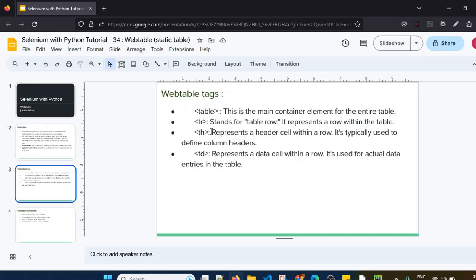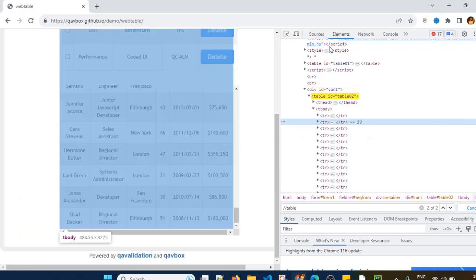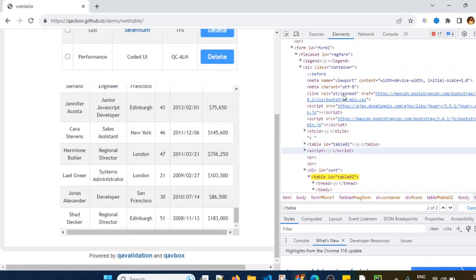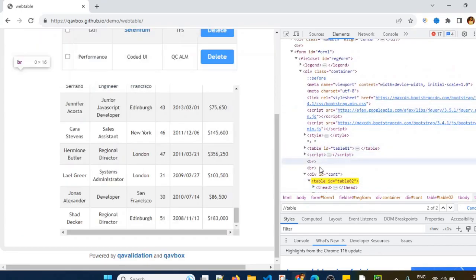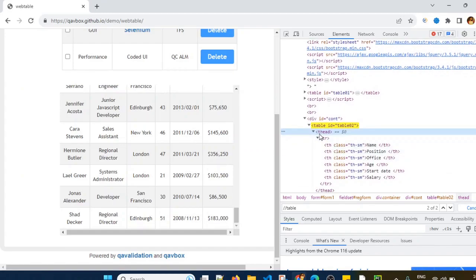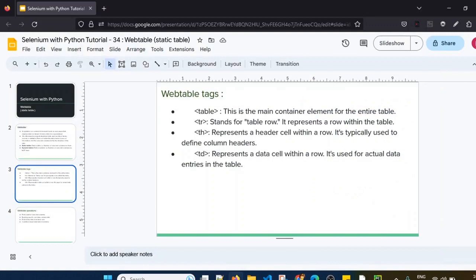Inside the TR tags, or inside the first row, we have seen the table header tag as well, the TH tag, which represents a header cell within a row. It's typically used to define column headers. Inside this table we have already seen the thead tag, but sometimes it can be a TH tag as well, which represents a header cell.